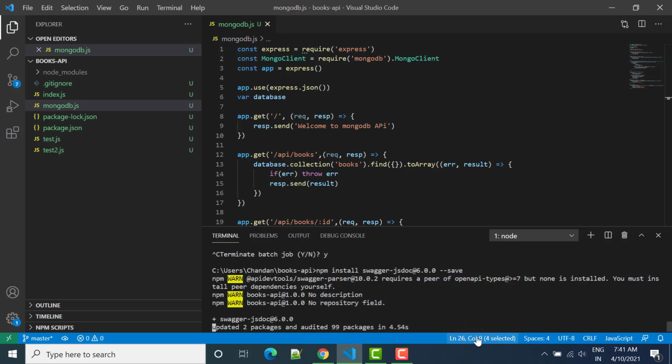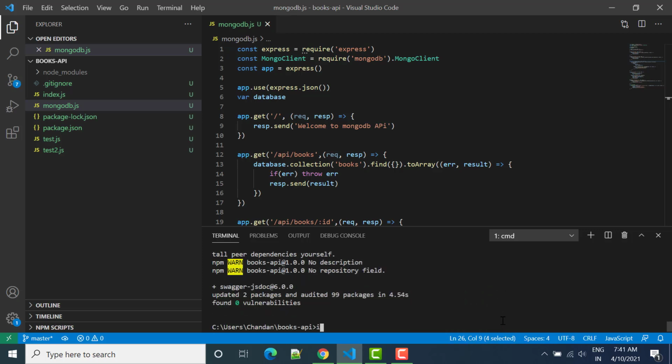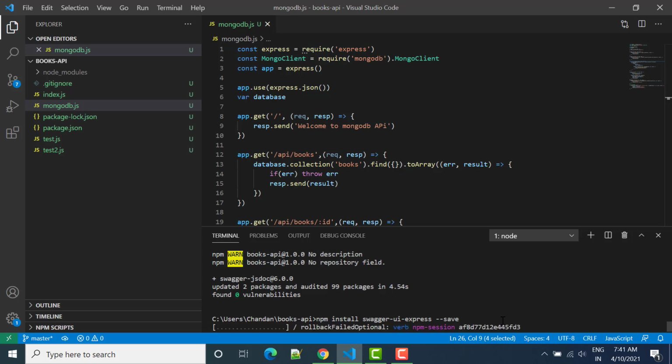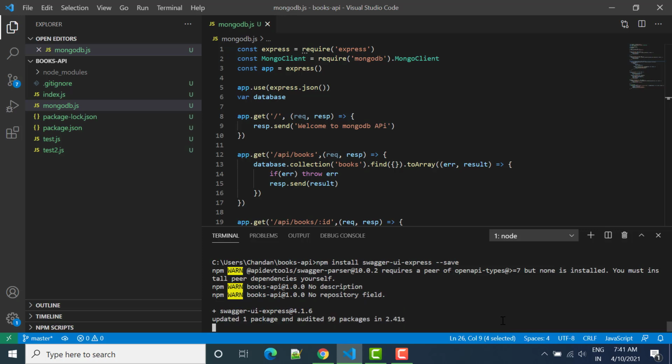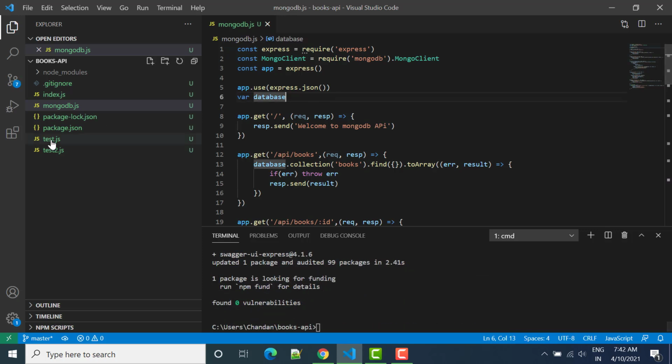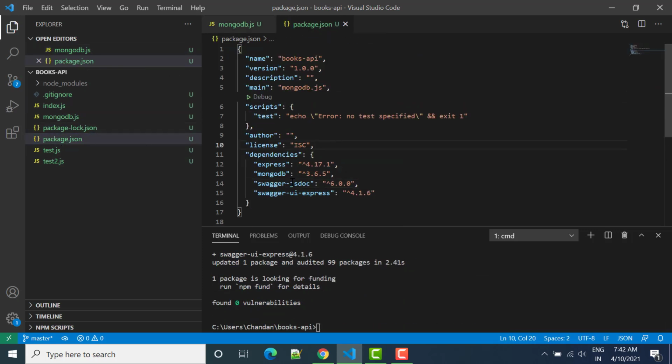After that we have to install swagger-ui-express with npm install swagger-ui-express --save. This dependency will also be installed, and once we go here, we can check that these two dependencies are now installed in our books API project.